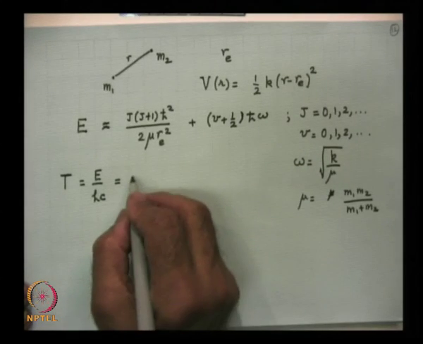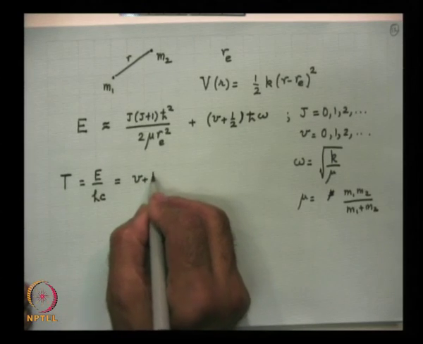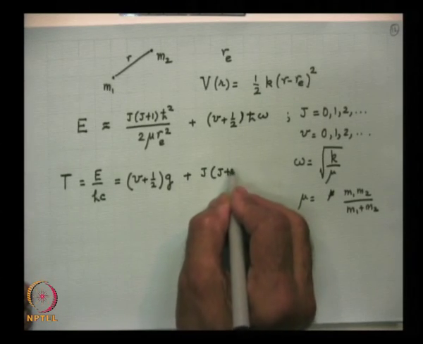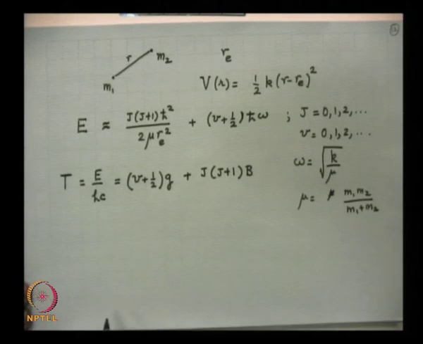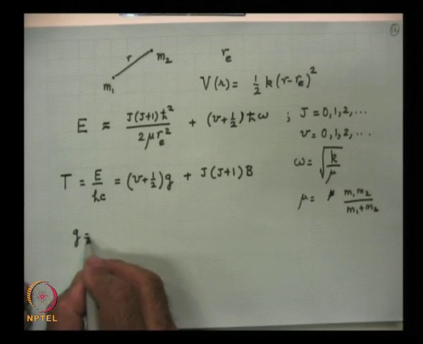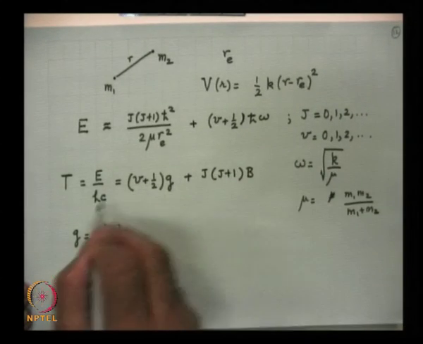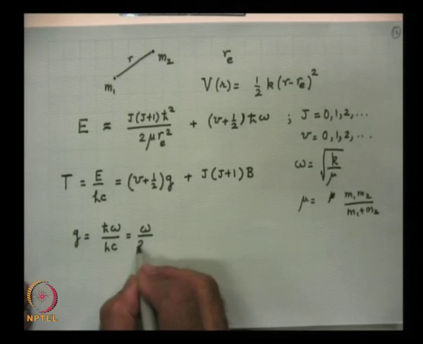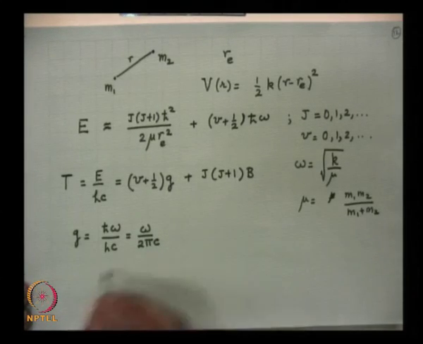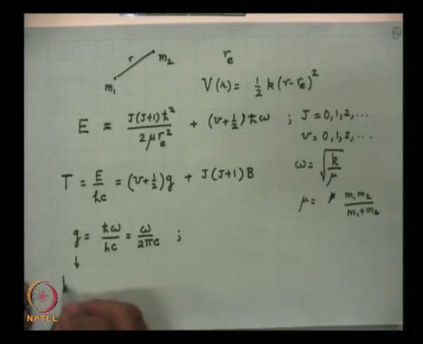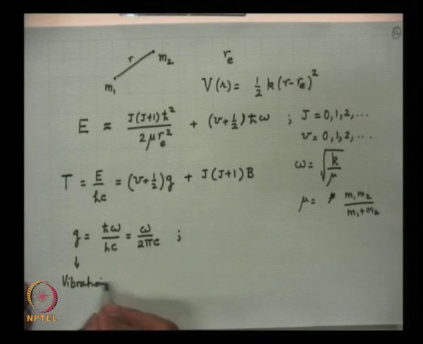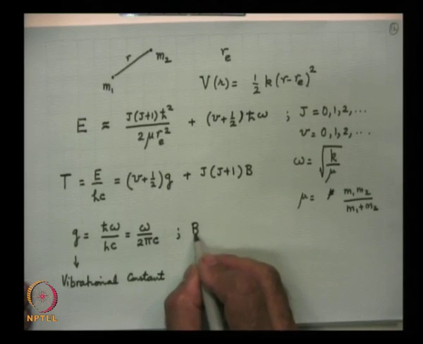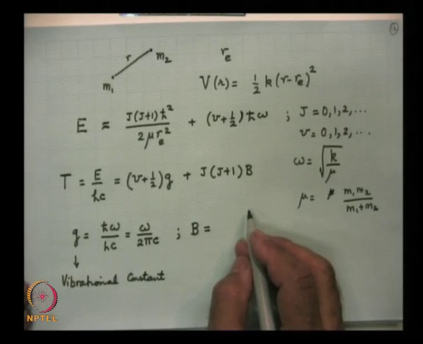so let me write down this first: T equals (V plus half) into G plus J into (J plus 1) into B. So, here G, as you would guess, will be equal to h cross omega divided by h c. Now h cross is h over 2 pi, so this is equal to omega by 2 pi c. This is known as the vibrational constant, and on the other hand, this is known as the rotational constant, and this will be equal to